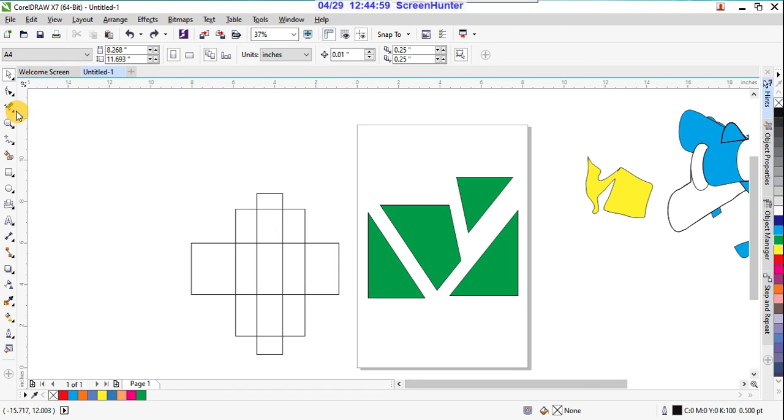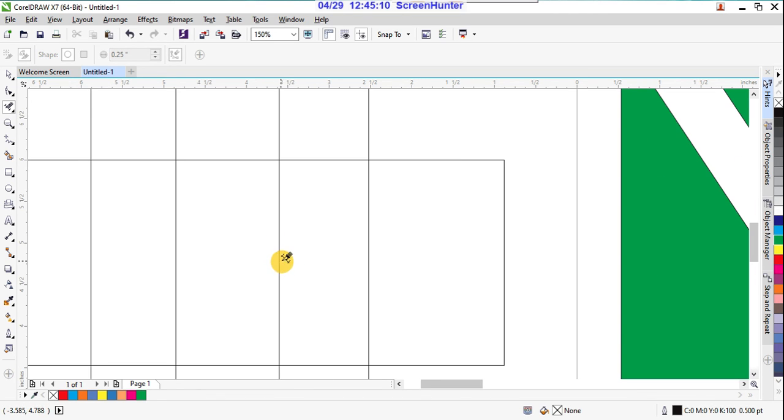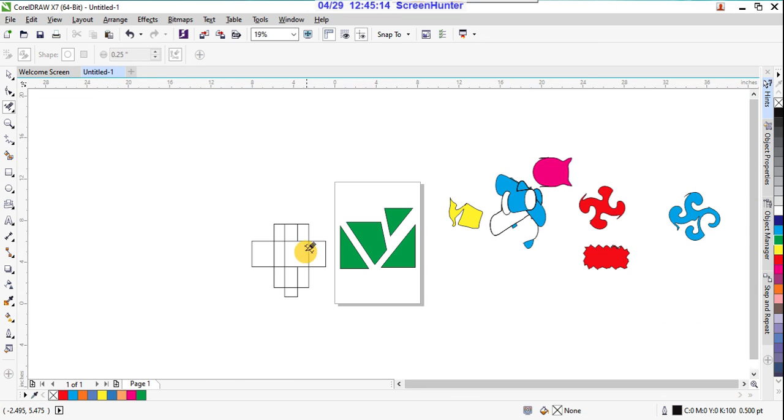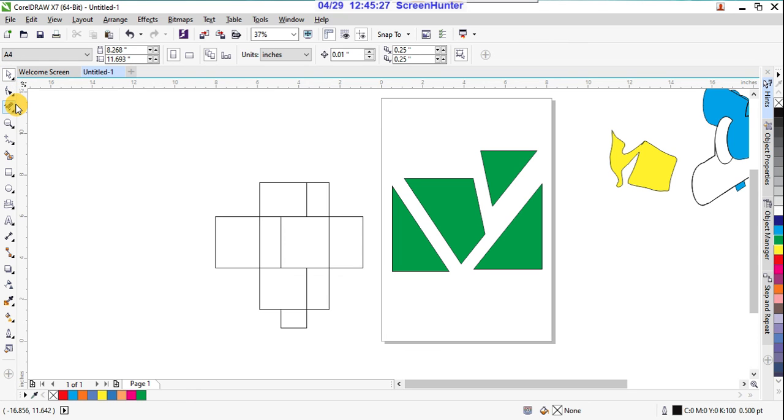In that case we use this virtual segment tool and just click on that portion. Very nicely you can remove it. See, you are placing the virtual segment knife and you can remove. This is really helpful to remove unwanted, unnecessary areas from your designs. See, this is nice, right? So this tool is really helpful.